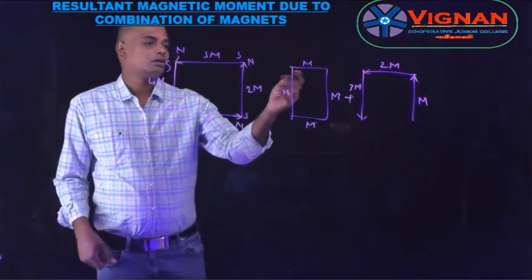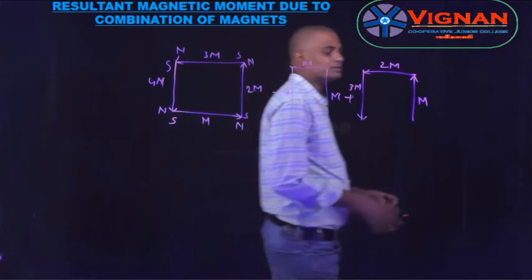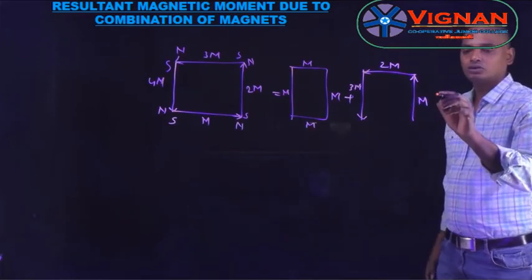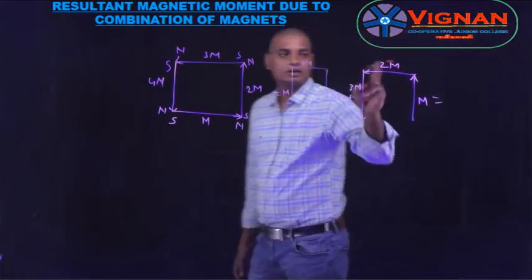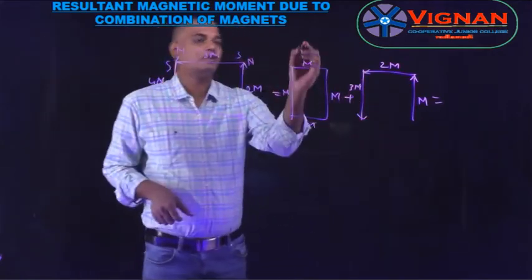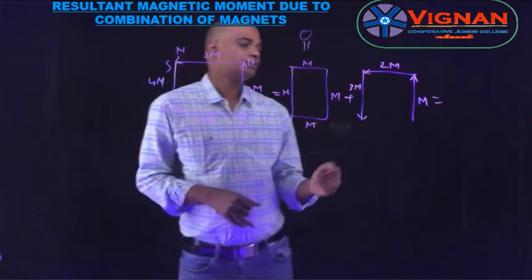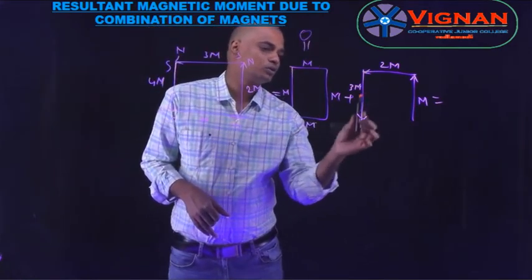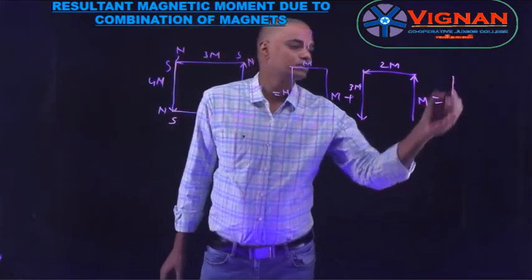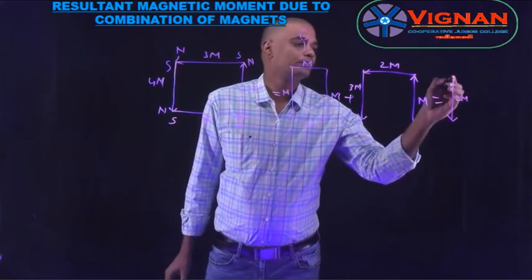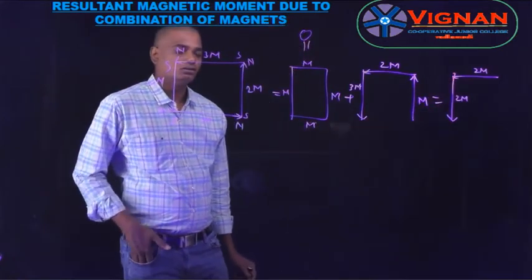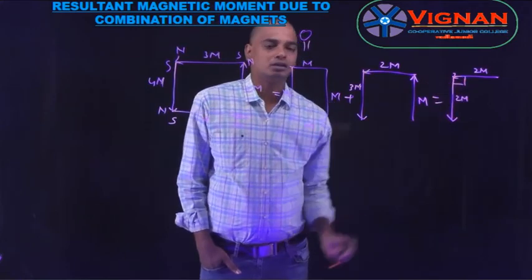So we know that if 4 identical bar magnets are placed in the form of a square, then the resultant will be 0. So here the value will be 0. So I need to calculate only the resultant for this condition. It can be further simplified as this is m and this is 3m, both placed one above the other in opposite directions. So only 2m is present, which is equal to 2m and 2m. Here both are placed perpendicular to each other.